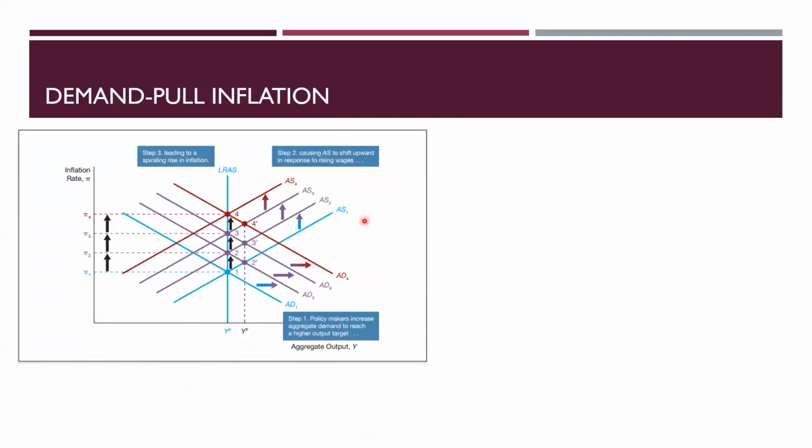Let's move on to demand pull inflation. In demand pull inflation, it all starts from the policymakers themselves increasing aggregate demand to reach a higher output target. Let's suppose that the economy is operating already at its potential level, but these policymakers have a target level that is way above, beyond the potential. So when that happens, they would increase aggregate demand from AD1 to AD2, establishing a temporary equilibrium at